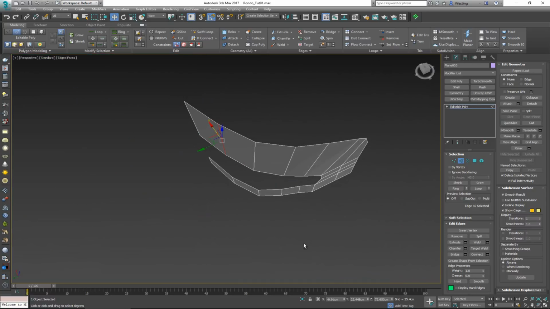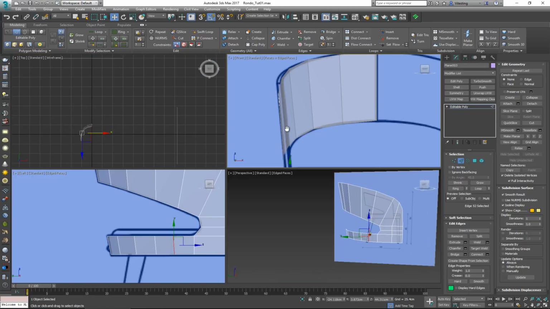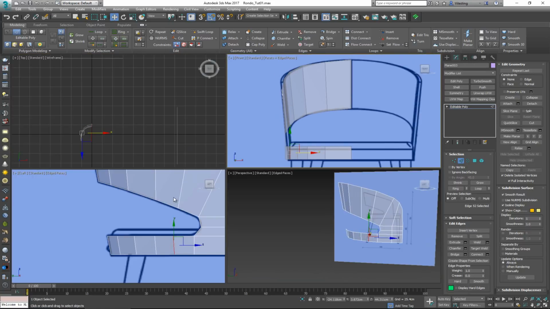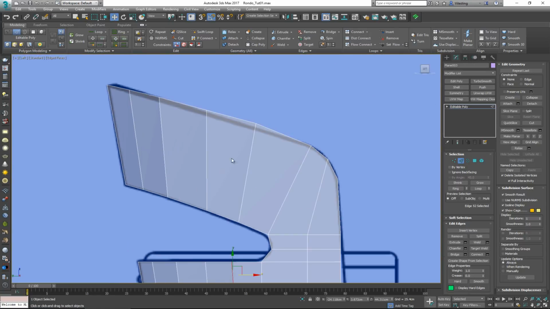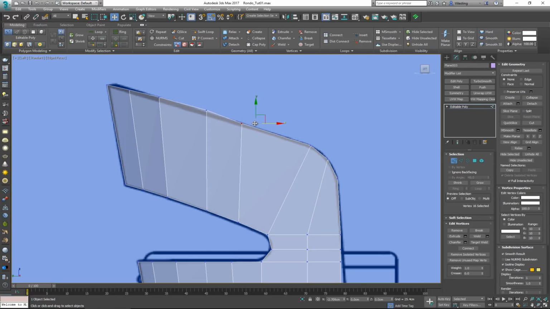So we can do the same thing over here. So again, click on set flow, set flow, set flow, and set flow. But this should help us hold that form better. And just go in on the side, check, move some of these to the back a bit until we get it like so. All right,